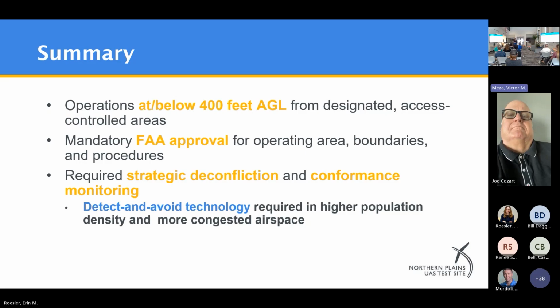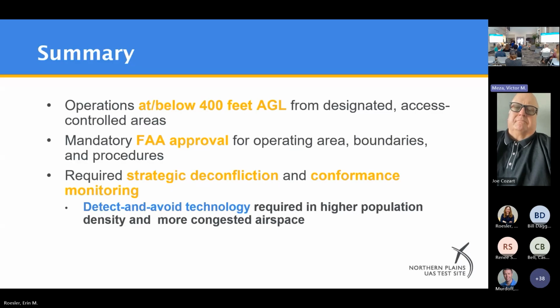Very similar to 107, 108 does say that operations are at or below 400 feet AGL in most cases. There are a few instances where above 400 feet would be permissible. For example, if you are transitioning over some very rough terrain where the terrain changes in elevation quite rapidly, so very steep terrain, temporarily exceeding 400 feet AGL would be permissible. If you are maneuvering to avoid another aircraft in the airspace, going up to 450 feet AGL is permissible, and a few other edge cases like that.